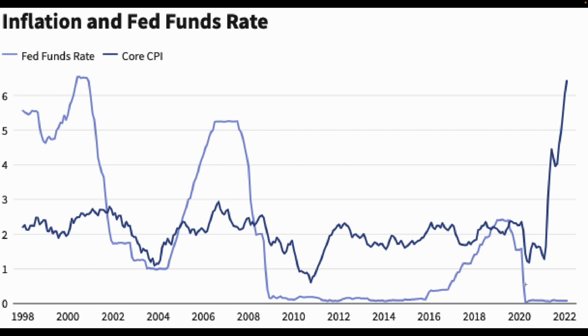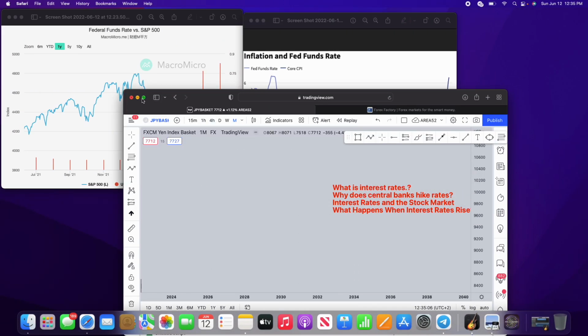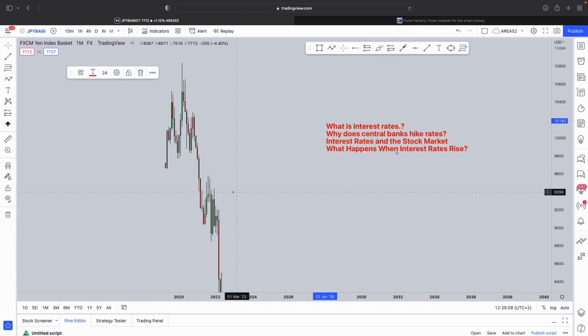But this is what I wanted to show you guys: you can see here, when the interest rates are low, consumers tend to spend a lot of money, because this is what attracts people to spend money when interest rates are low. Okay, now let's go back to the chart over here. Now, the next thing we are going to speak about is